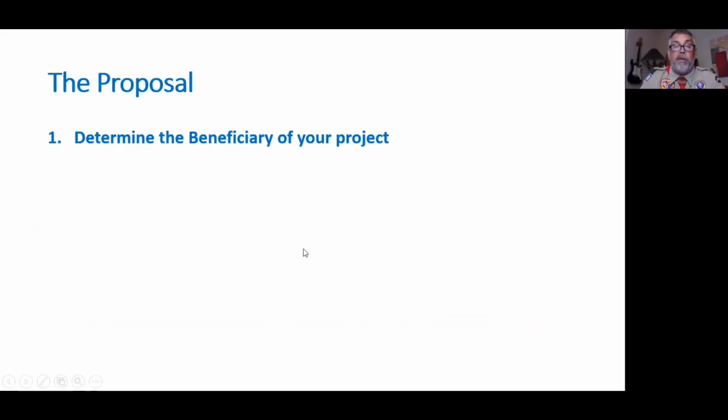Now, the proposal. You're going to get a project, right? You're going to get an idea. And the first thing you're going to do is you're going to contact your beneficiary. Now, the beneficiary is the person who's going to benefit from your project. That could be a church, it could be a school, it can be any community organization. It cannot be the Boy Scouts of America or any related, it can't be like Camp Barstow. And it cannot be a private entity that's not a school. Okay, but it can be a community,